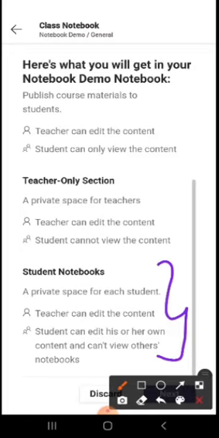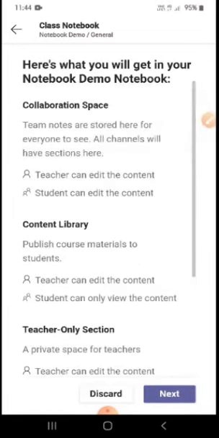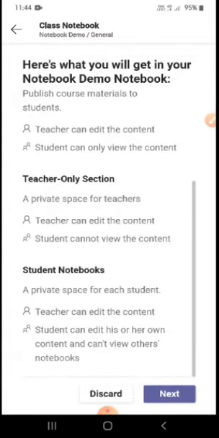That's why they can access only their own notebook, and they can see the Content Library or the Collaboration Space. Otherwise, the Teachers Only section is not available to them, and other students' notebooks are also not available to them. Only a teacher can see the notebooks of the students who are members of that particular team.